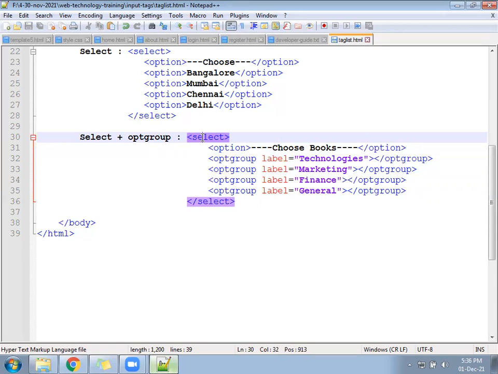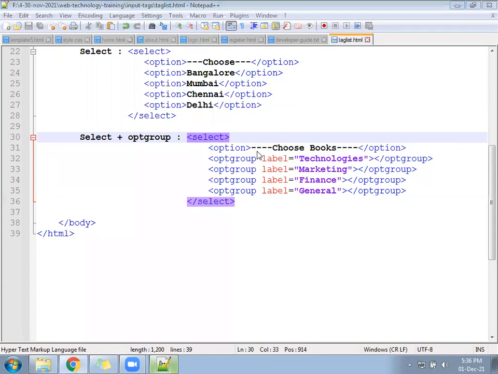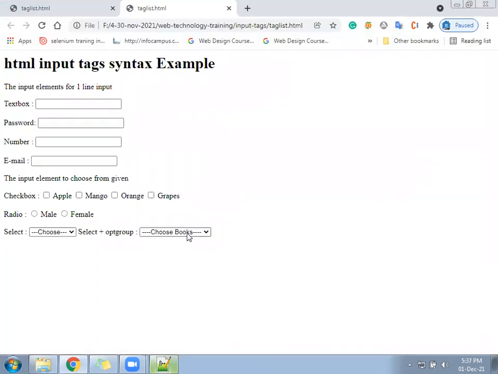Under the OPT group, we have to display some options for technology, some for marketing, some for finance, and some for general. Go next, run this file. See how that looks. It is like this. You can't select anything from here.